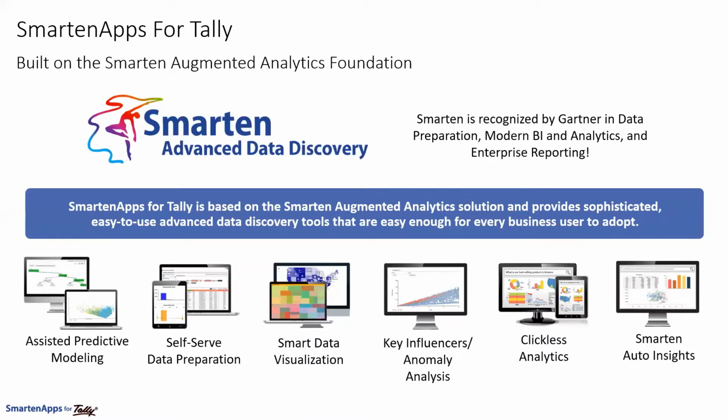So here the key differentiator we have is you are not just getting a mobile app, you are getting access to the world-class business intelligence and augmented analytics platform. That is Smarten. That is our base analytics product, which is recognized by multiple reports in Gartner also. Perhaps we are the only product company from India and Southeast Asia to be mentioned in key Gartner analytics reports in the last few years. Very proud of that. So with this affordable SaaS hosted model, you are not just getting the mobile app, but you are getting access to a full-scale business intelligence and advanced data discovery module as well.